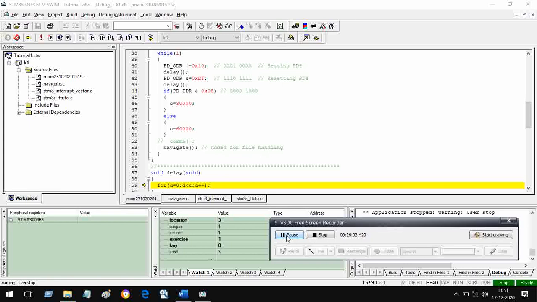Now let us see what happens when I press the up key. We have not used the up key so far. When I press the up key, I should move from level 3 to level 2. Let me check. If I press the up key, the number is 4.